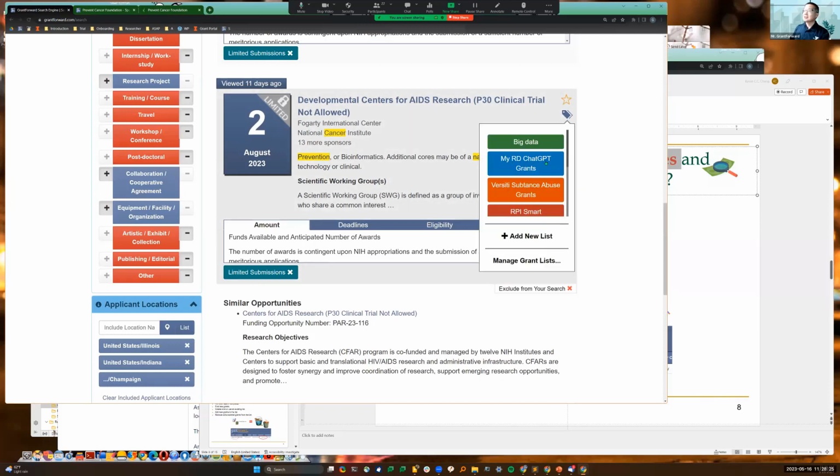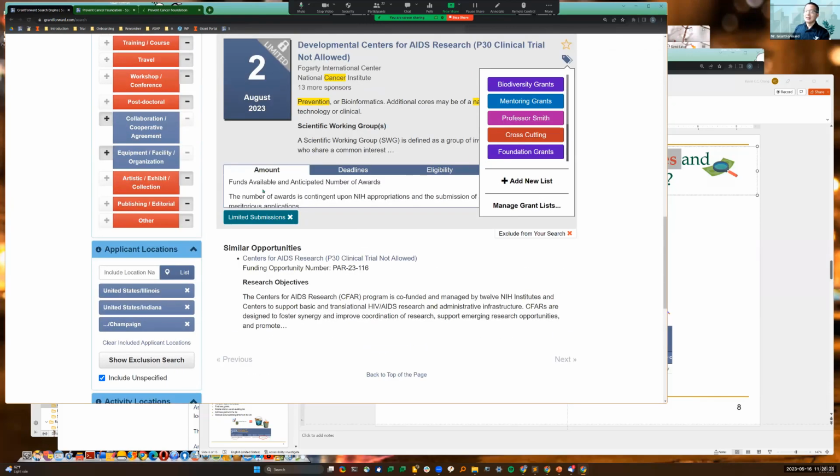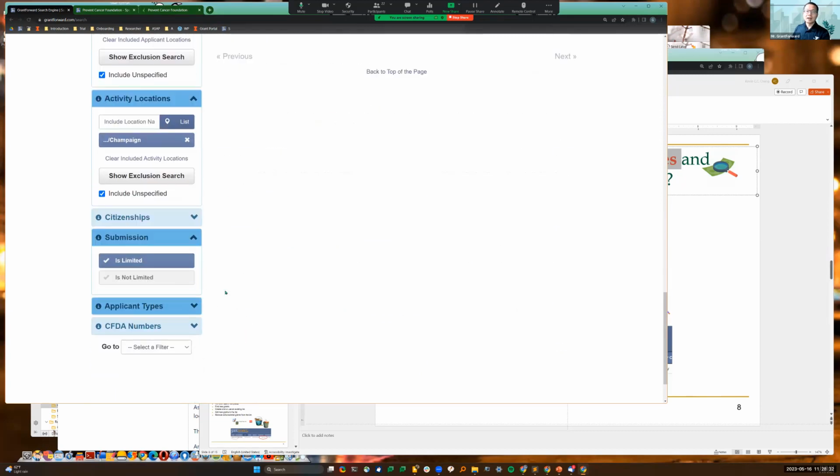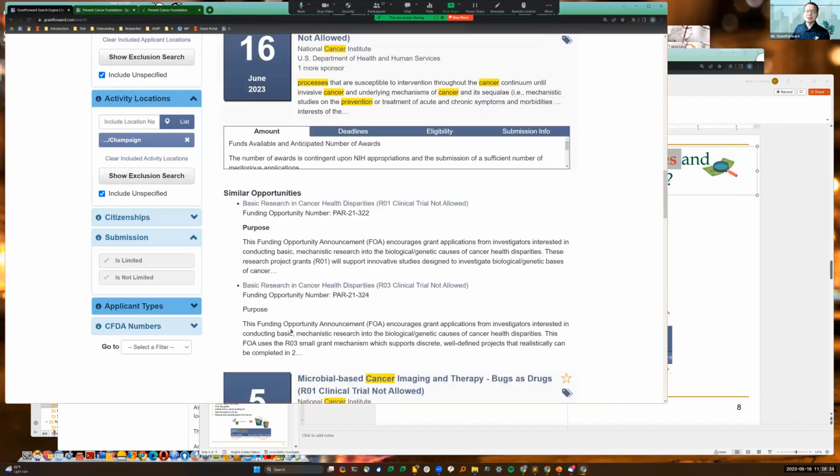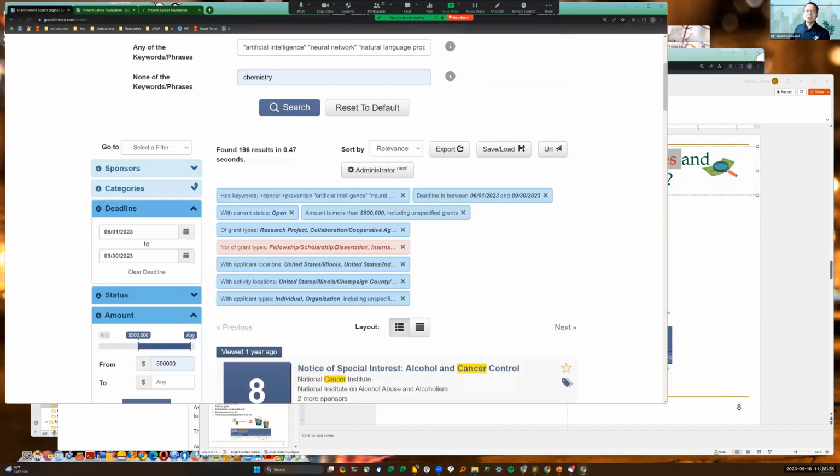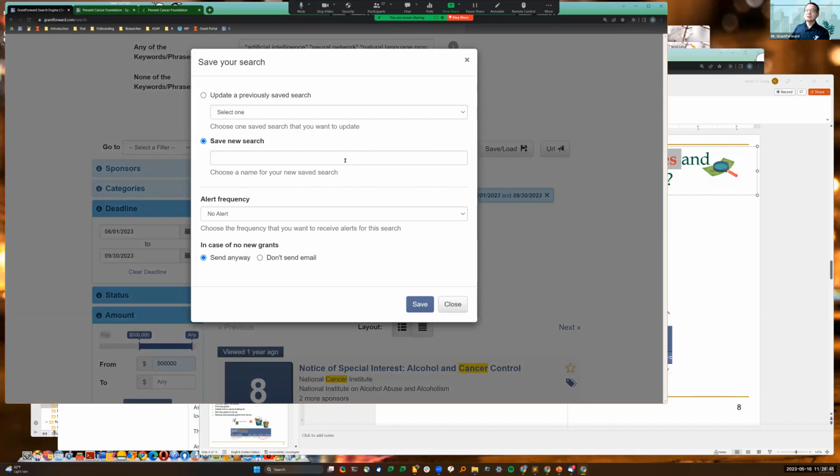I have many grant lists already created, and I add them to the grant list. I will create a new grant list later. Now I will uncheck this. So this is my search, and I'm happy with this search. Now I want to save this. Save a search. Let's call this my cancer prevention